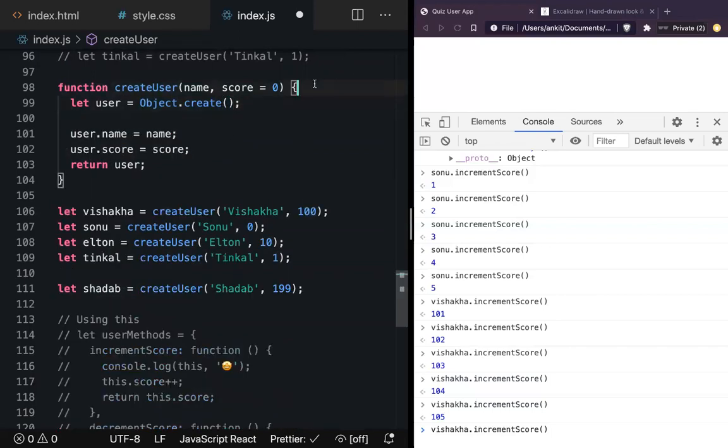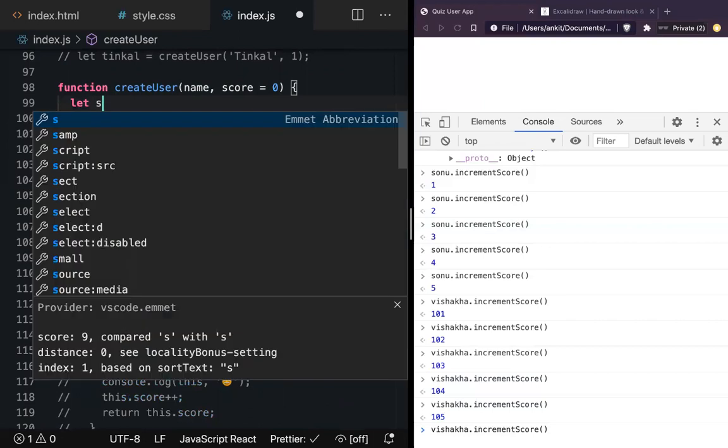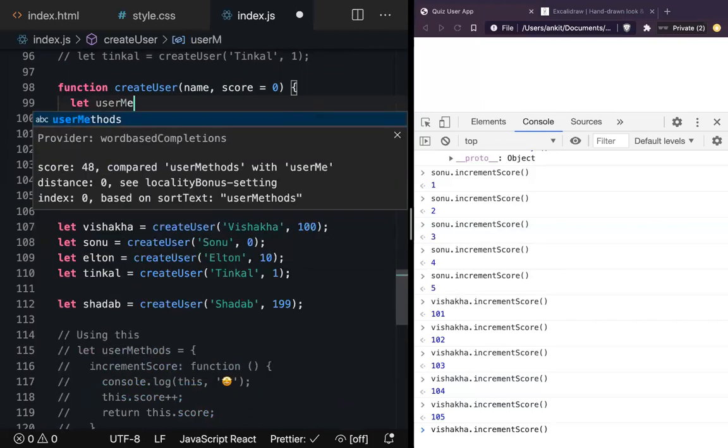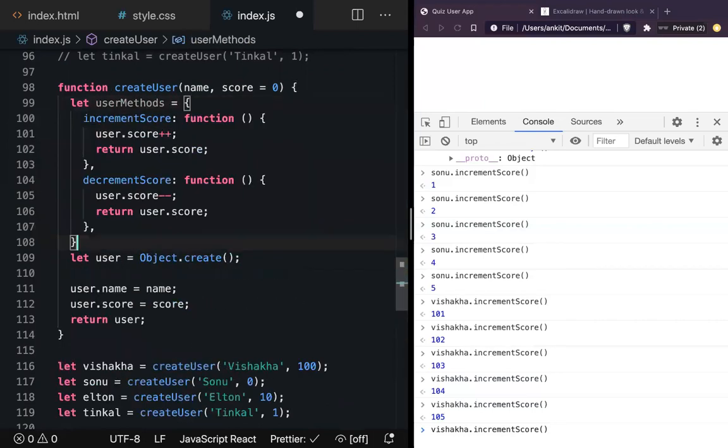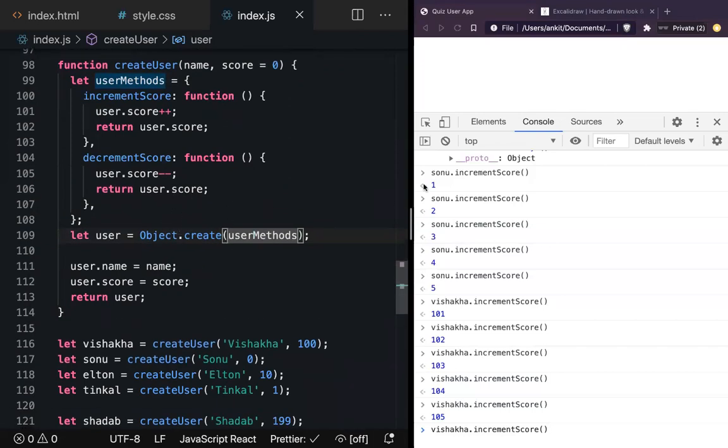So I want to define it into something known as let userMethods. It's not necessary to solve this problem only with this, but because that is going to come in future, for now, the next problem is when we will need this. So for now, let's do it this way, okay? I want to put it in a variable for organization purposes. There's nothing else, okay? So I defined this.